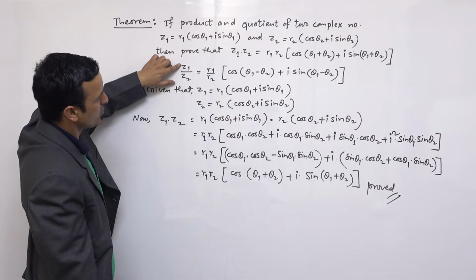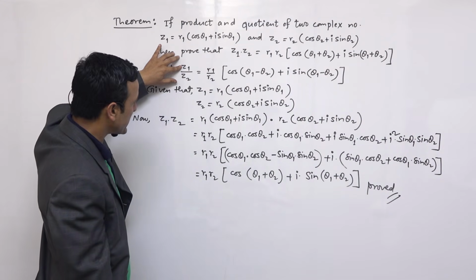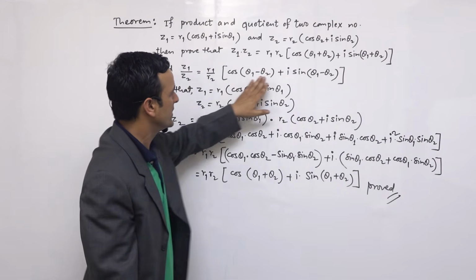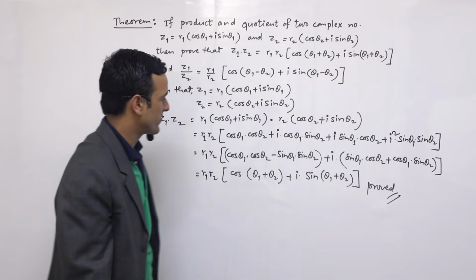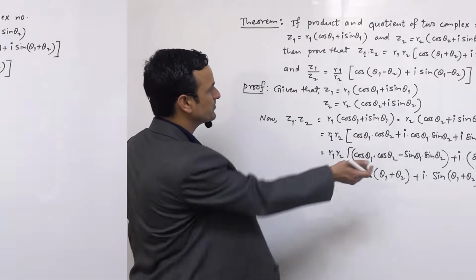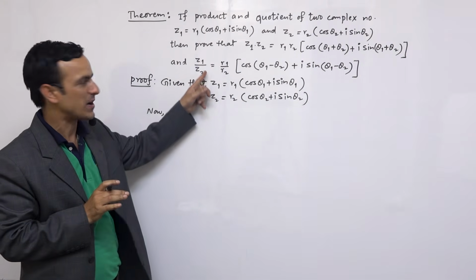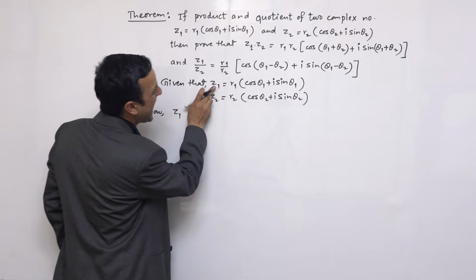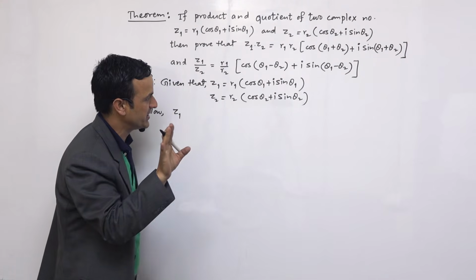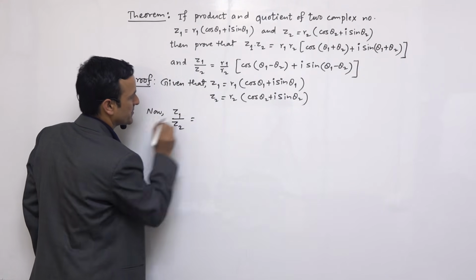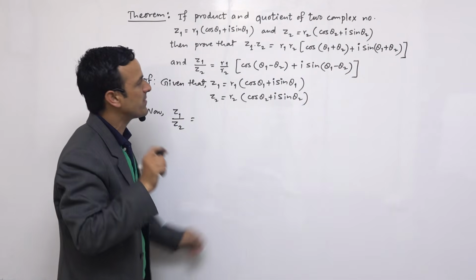Similarly, now we are going to show the division of these two complex numbers Z1 by Z2, and this is the relation. Now let's see the division case, Z1 upon Z2. Now we have Z1 and Z2 over here. So this and this. Now division. For division, just now we have proved